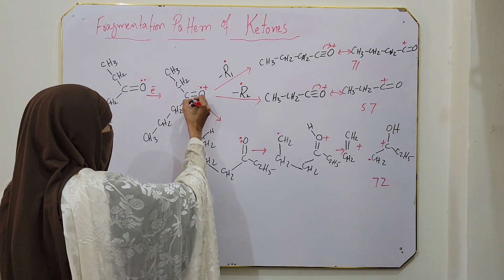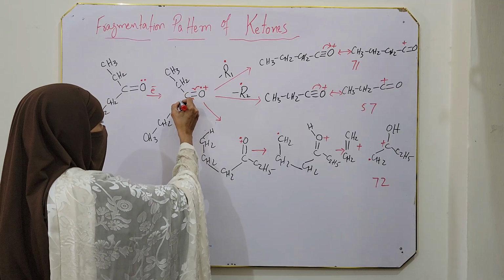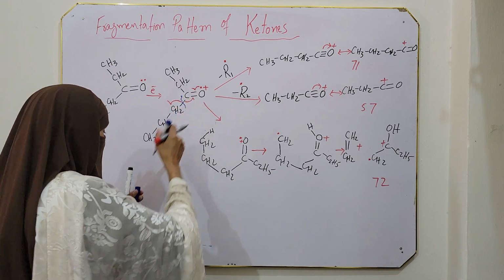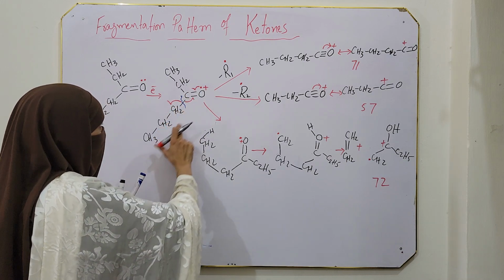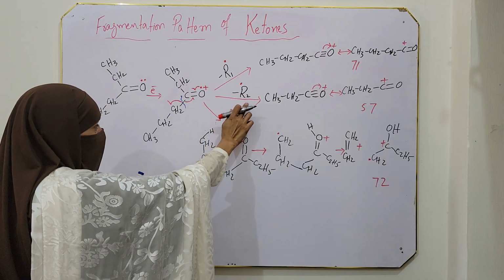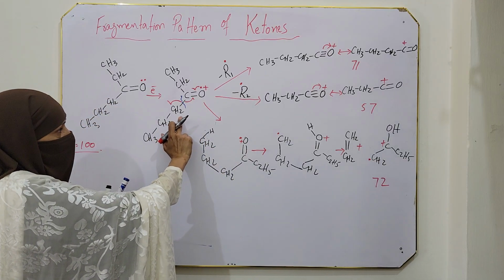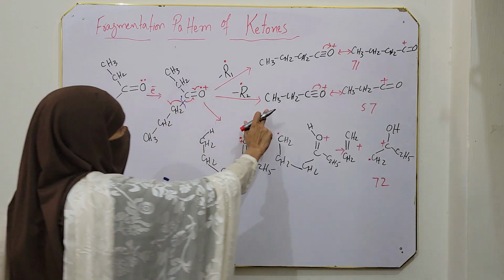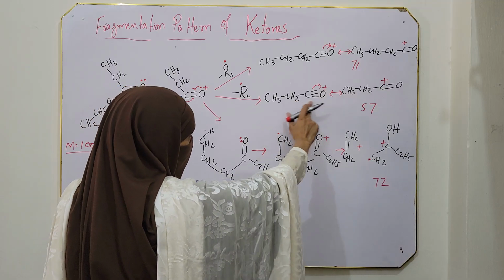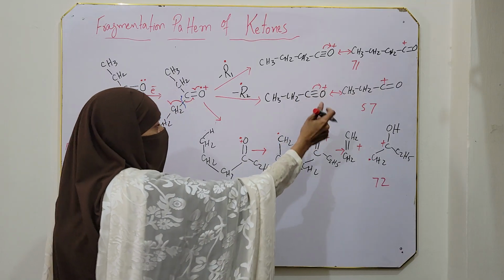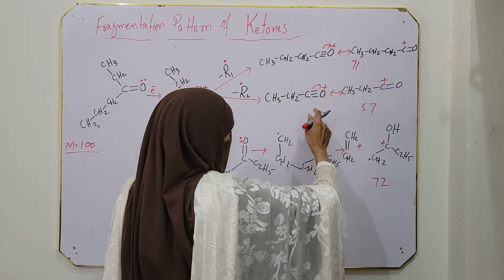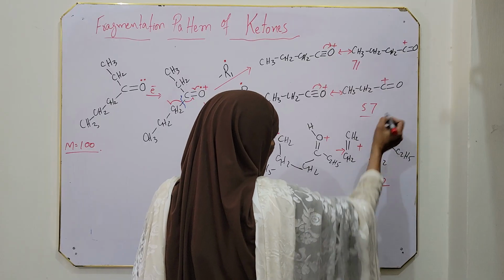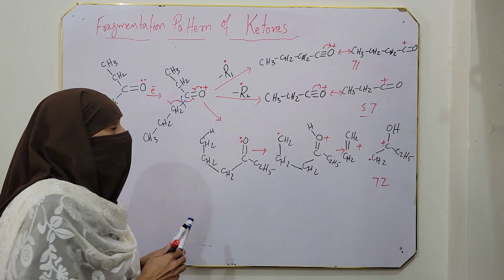Again in a similar pattern a homolytic cleavage occurs, and as a result this bond is fragmented and this R chain, which I am naming R2, CH3CH2CH2 radical, is released in the form of radical. The remaining moiety is CH3CH2 triple bond carbon, and again like aldehyde, the double bond is transferred toward oxygen and we get this carbocation. This carbocation has molecular mass 57.